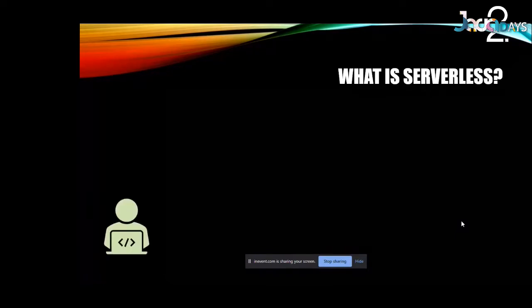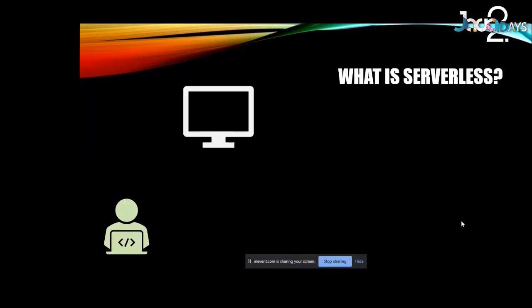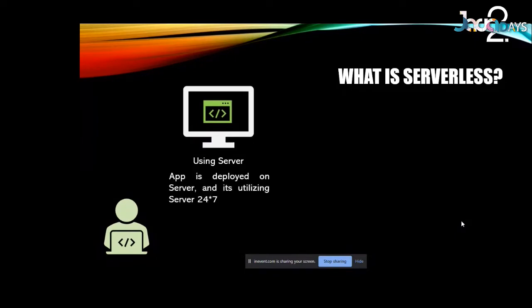Yeah. So let's compare it with a normal scenario. This is a developer and this is a particular server. Now, usually the developer is going to deploy the application on this particular server like this, and then whosoever is the client. Yeah. Now the application is deployed there 24/7. Now the client will come, the client will make a request, the client will go away. But the application is still there. I'm still paying for it. Even when someone makes a request or not, it's there.